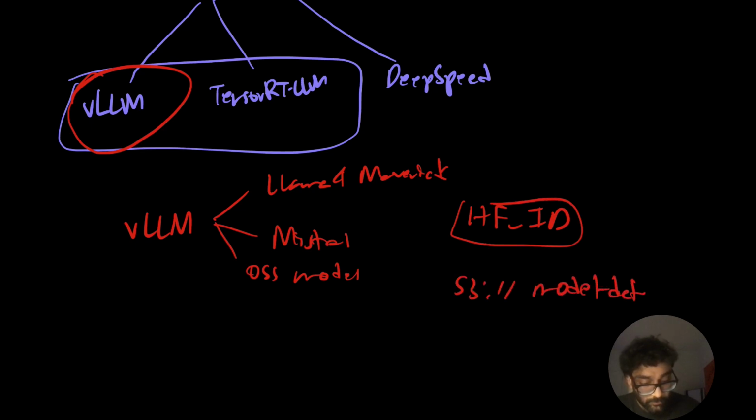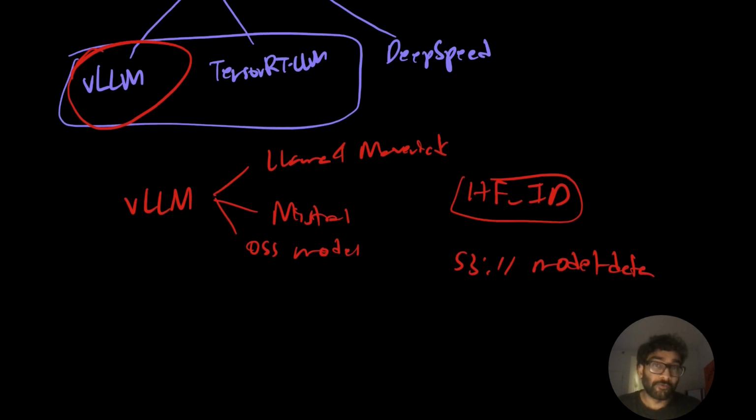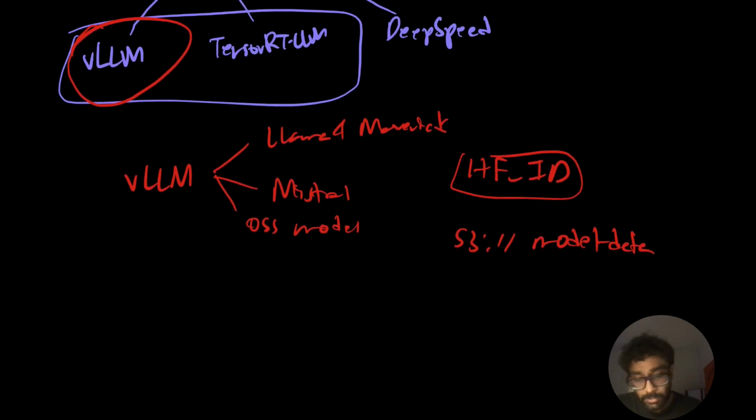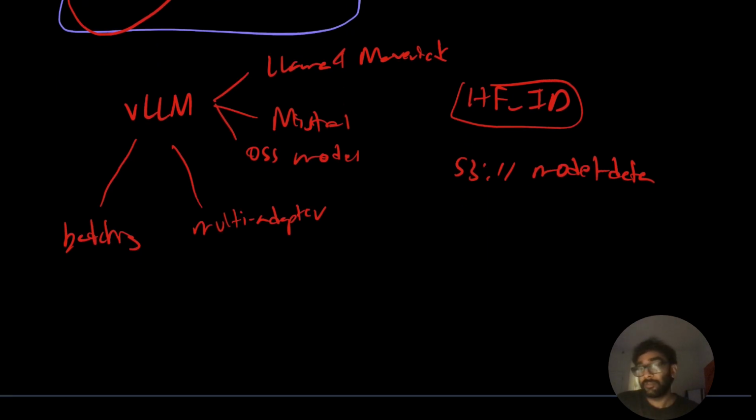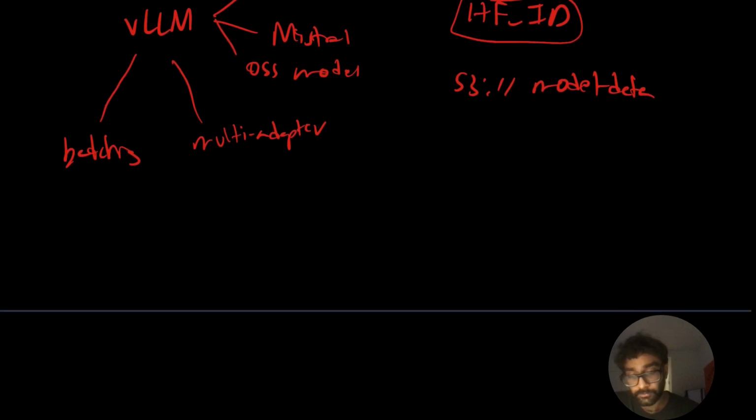So it makes it very, very simple when you have your model weights, especially for open source models on Hugging Face, or where you have your own custom model artifacts, where you can point that out and then also have all the goodies vLLM exposes, such as batching, multi-adapter inference, and things of that sort. There's a lot of inference optimization features that come with vLLM. So having this native integration with Hugging Face and your model weights in S3 makes it very simple to use. The problem is vLLM does not support